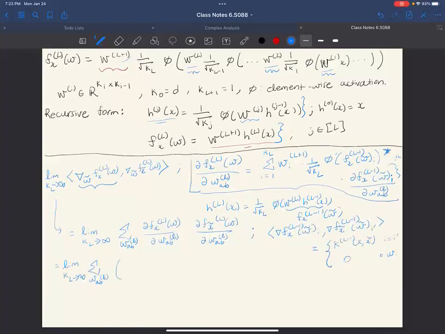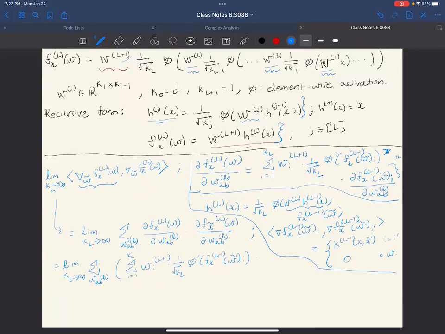I'm actually going to have a summation I equals 1 to KL, WI L plus 1 over root KL. Let me do this. Let me draw a little box so that these don't get confused. Phi prime of fx at L-1 at W tilde I